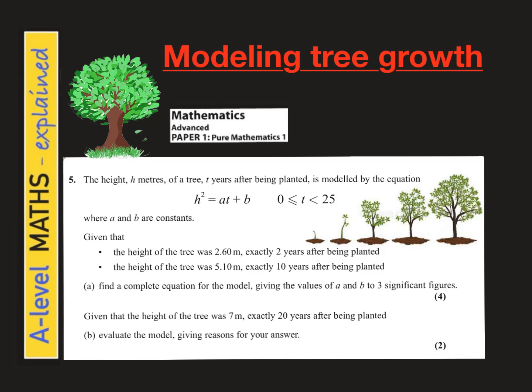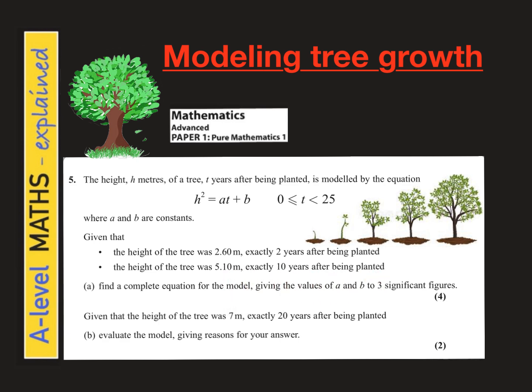This equation models the height of a tree t years after it was planted, and we're only looking at the first 25 years. A and B are constants, and we are given that the height of the tree is 2.60 meters 2 years after it was planted, and then another piece of information says that the height of the tree is 5.10 meters exactly 10 years